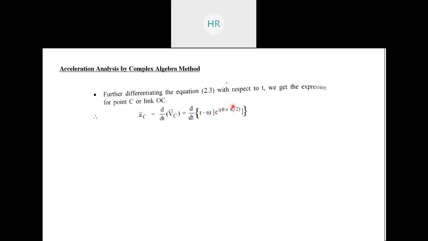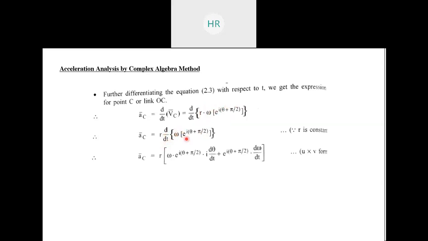બાકીની બધી જ વેલ્યુ વેરિયેબલ છે. Okay, so differentiate this, r is constant, differentiation of this term. હવે આ છે તે એકચ્યુઅલીમાં બે ટર્મનું મલ્ટિપ્લિકેશન છે, so you have to apply the rule of multiplication. કે ફર્સ્ટ એક ટર્મ હોલ્ડ કરશો, then સેકન્ડ ટર્મનું ડિફરન્શિએશન કરશો, then સેકન્ડ ટર્મ હોલ્ડ કરશો, ફર્સ્ટનું ડિફરન્શિએશન કરશો.